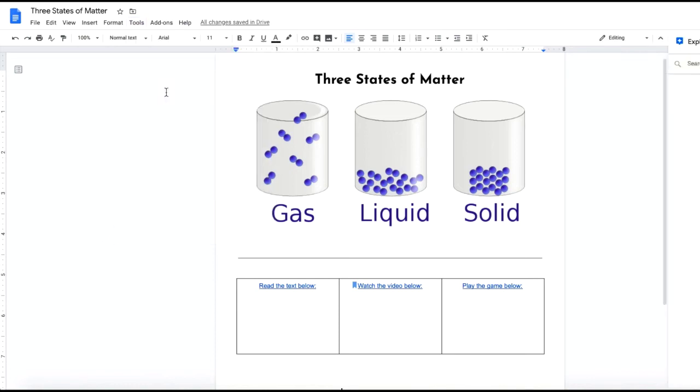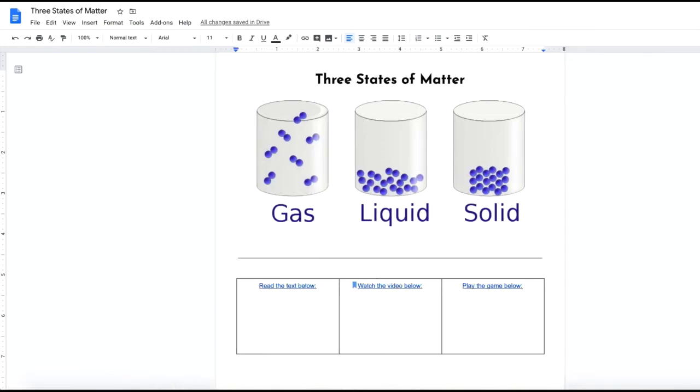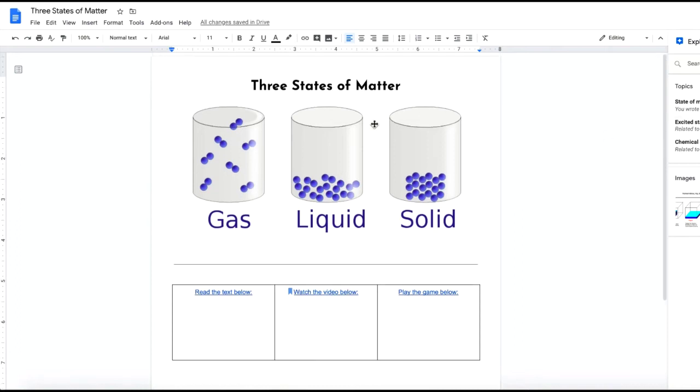I would like to show you the Explore button. In all Google tools, the Explore button can be found under Tools or in the bottom corner of your page. What it does is open a search bar for anything listed on your page. Since my page has information about matter, you can see that it's given me suggested topics and images. I can also search keywords,